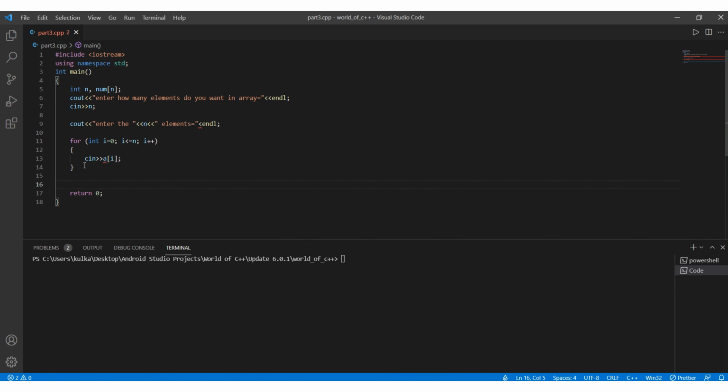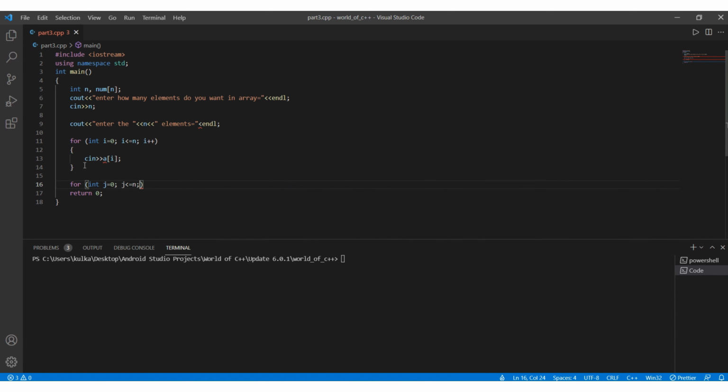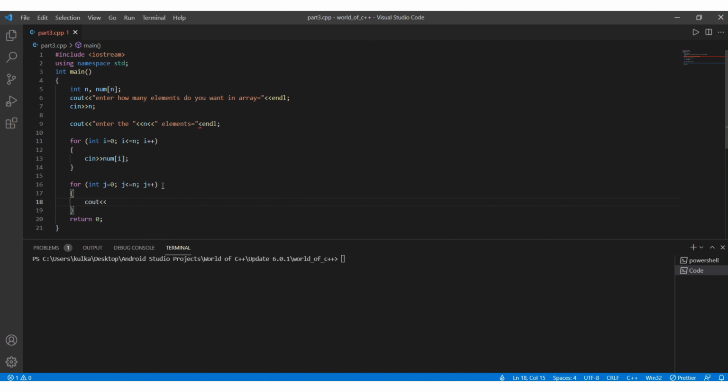Now to print the array, I have to again use a for loop. j equals 0, j less than or equal to n, j plus plus. Here, this is num of i. cout num of j.